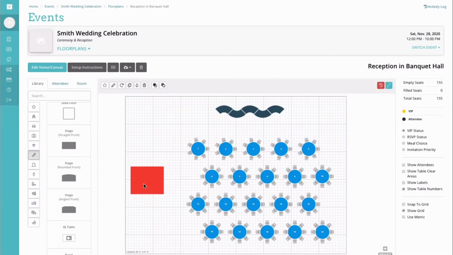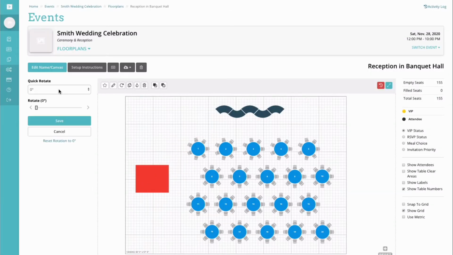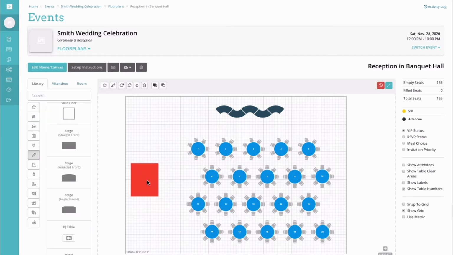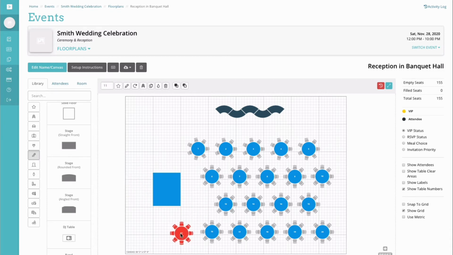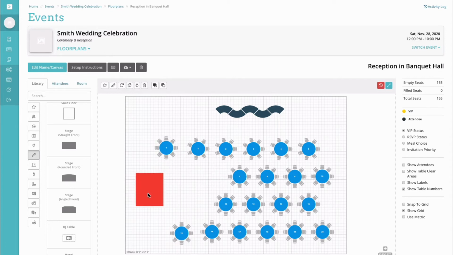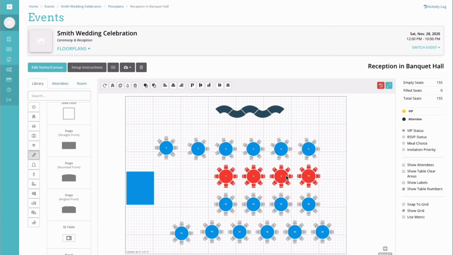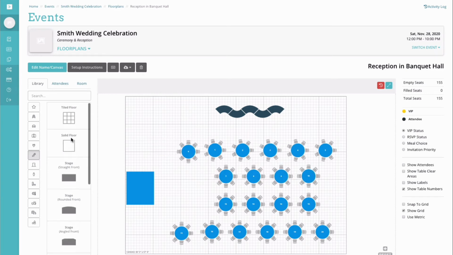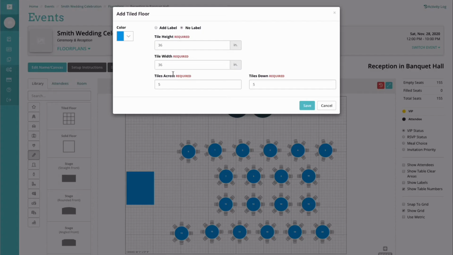Make it the dimensions that we need, and now we need to rotate it. We've got a great quick rotate option. Just make sure to save in order for that rotation to take place. And then we can go about putting it where we'd like to, adjusting tables, making any changes that we need to so that the layout is perfect and exactly as we want it to appear. We can make a couple little adjustments here. Go ahead and get ready to add in our dance floor, set the size, place it exactly where we want it on our floor plan,